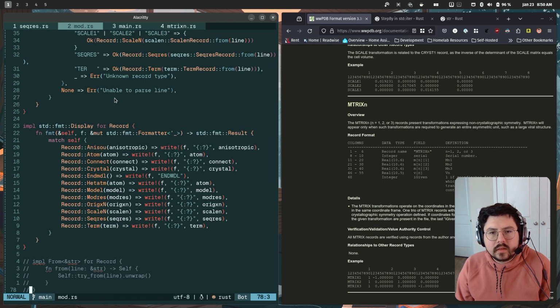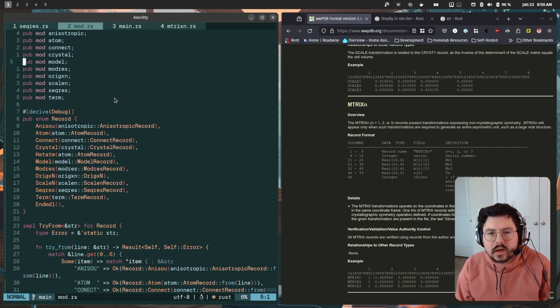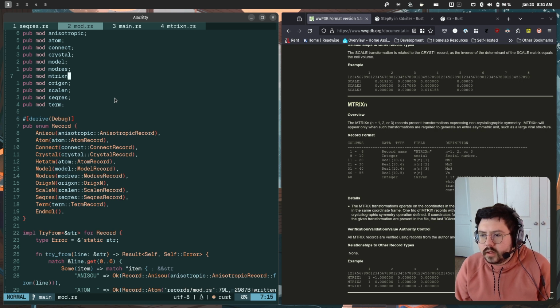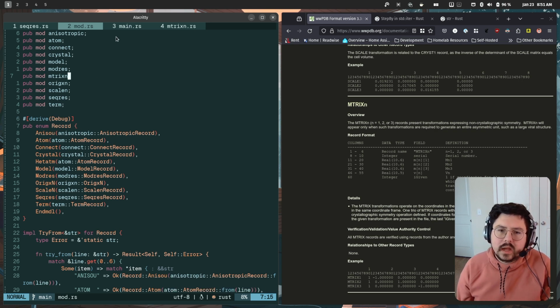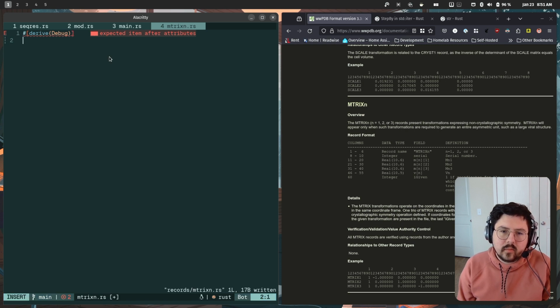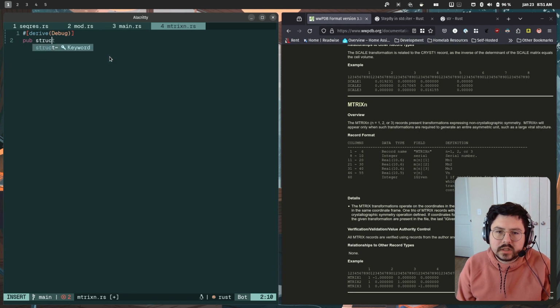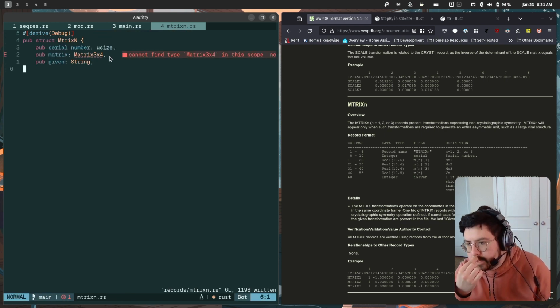Yes, and we need this here, so we'll do pub mod matrix 1, 2, and 3. So we're going to do this the same way here. So we're going to start with the struct. So pub struct matrix n, which has the